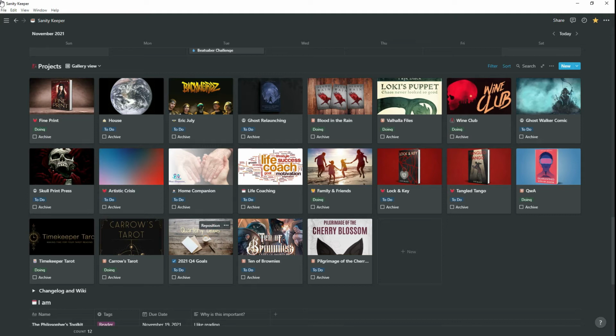A mistake that I made was I thought I should put quarterly goals on here, and I'll tell you guys what, this did not work out for me at all. I'll be really frank. What ended up working out for me is everything that I put in here to try and get done for the quarter, I ended up making its own notebook. Like that's what I ended up doing.